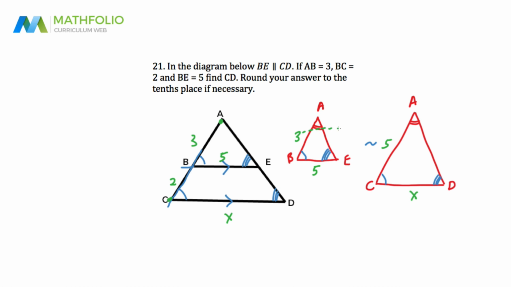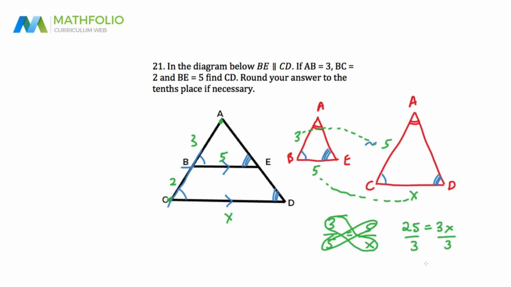So now I can match up the corresponding sides. 3 compares with 5 as 5 compares with X. So I create my two ratios because these are proportional shapes, and I let these ratios equal each other to give me a proportion. So now by cross multiplying, 5 times 5 and then X times 3, I get 25 equals 3X. Divide both sides by 3, and I end up with X equals, now 3 into 24 is 8, so it's